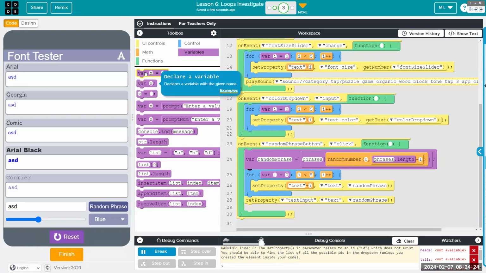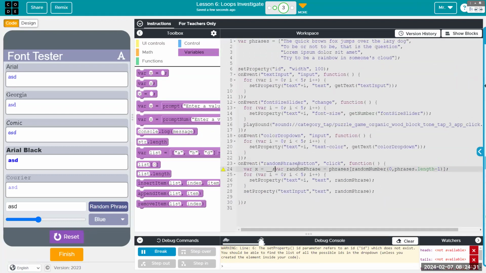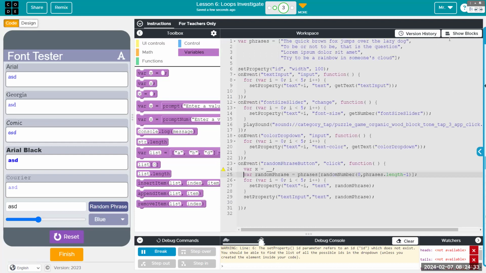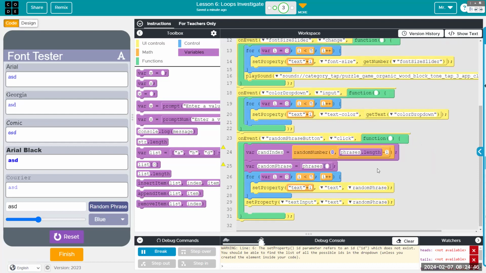In the past, we've done var rand index, and give that a random number. And then from random phrases, we pick, our random phrases is a new variable where we go to our phrases list at index rand index.